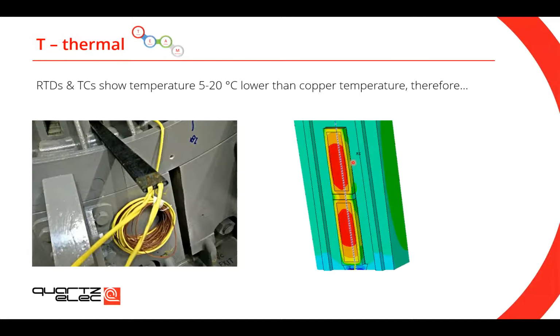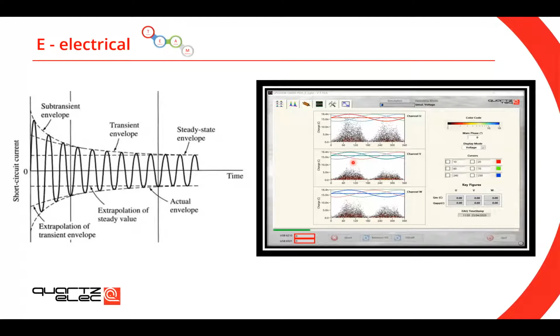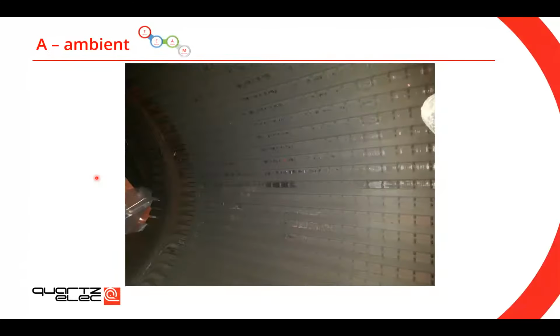Then let's jump to the electrical influence. Any transient condition, so say you have an air fault near the generator and you have very high currents flowing through the stator, this will obviously quickly deteriorate your insulation. And obviously things like partial discharge, like you see on the right hand side, and we're going to talk about partial discharge a bit more further down the line. Ambient. So you can see a very dirty stator. It's full of contamination. It's very unfortunate that usually that contamination that you find inside your stators is conductive.